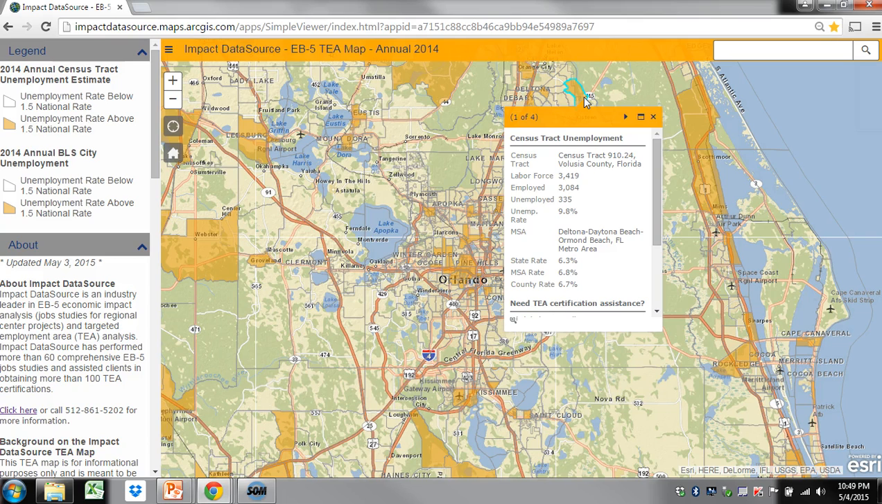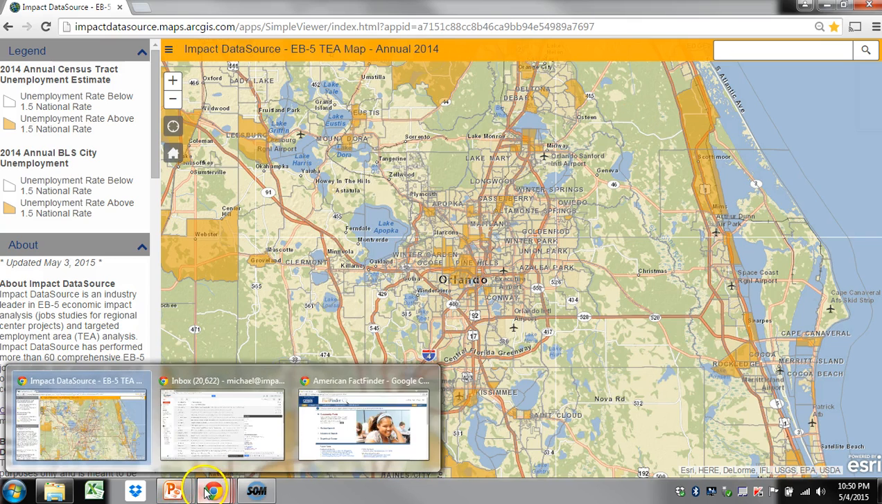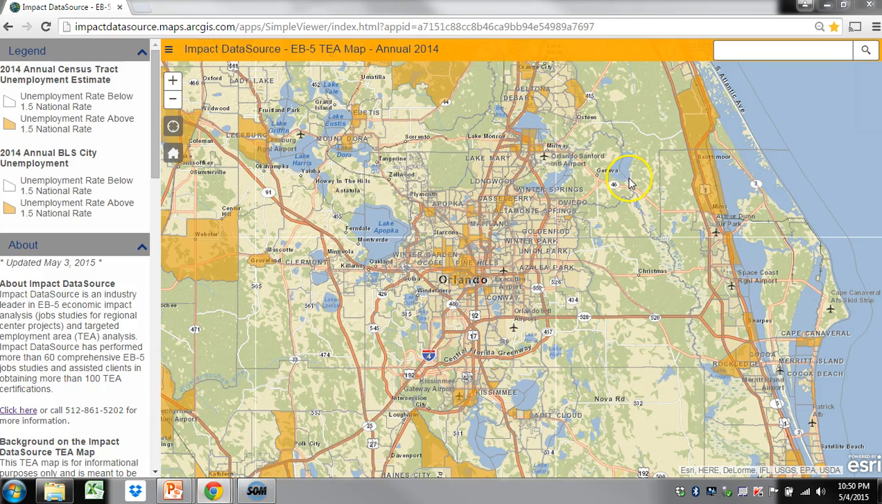So the census tract pop-up has more information than the other ones. Besides telling you the tract it's in, the county, and the labor force information, it also will tell you the MSA. The one I'm on here is in the Daytona MSA, and it shows the state rate, MSA rate, and county rate. So that's how the map works from a usability standpoint, but let's do a specific example